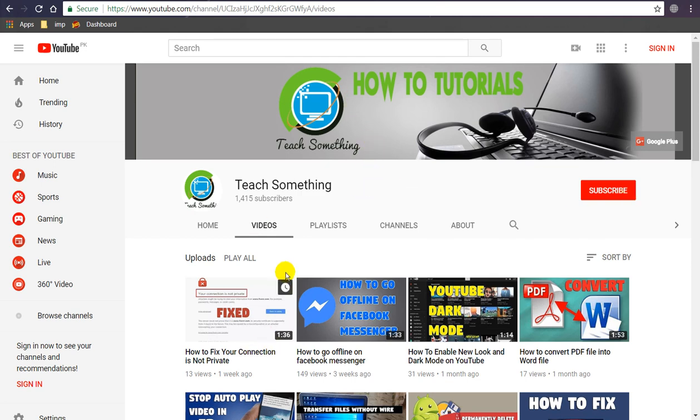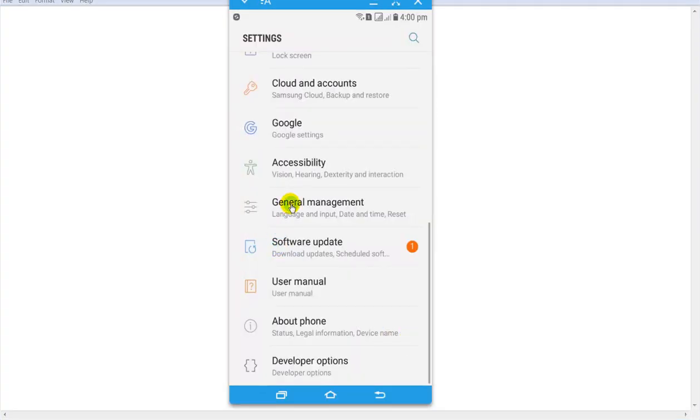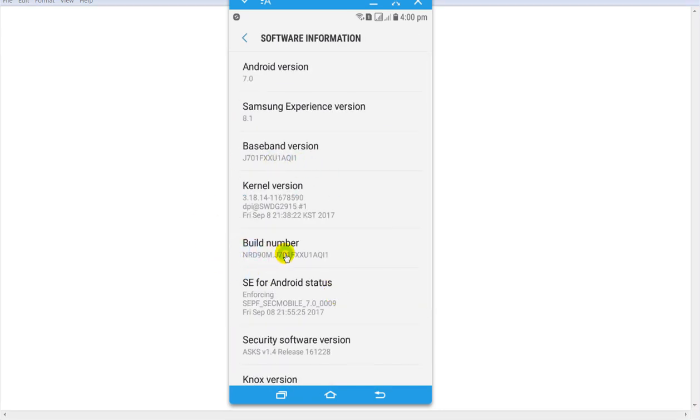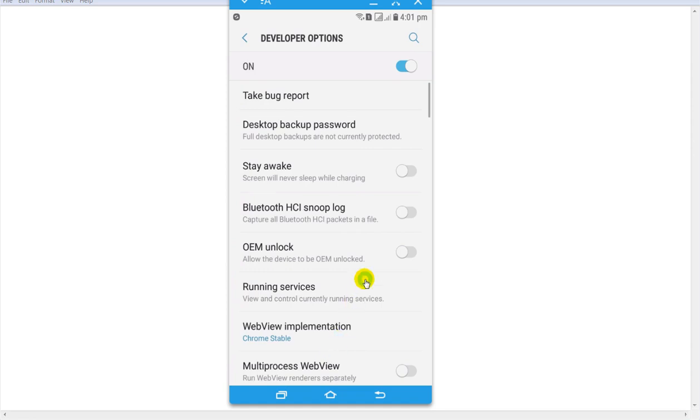Okay guys, first of all open your Android mobile phone, go to your settings and scroll down and click on developer options. If developer options is not available on your device, then click on about phone, click on software information and press build number 7 times. When you press build number 7 times, then developer options is enabled. After enabling developer options, click on developer options and scroll down